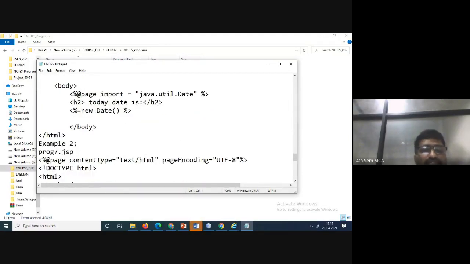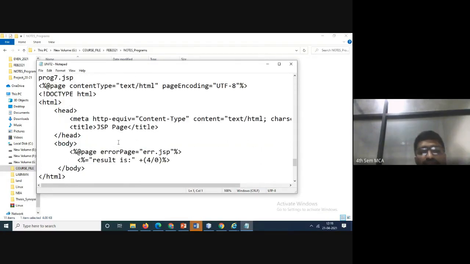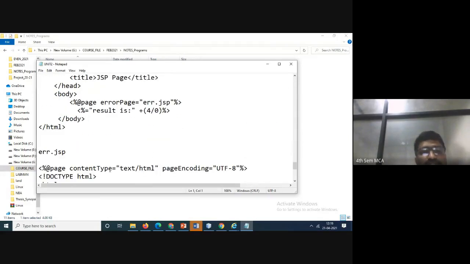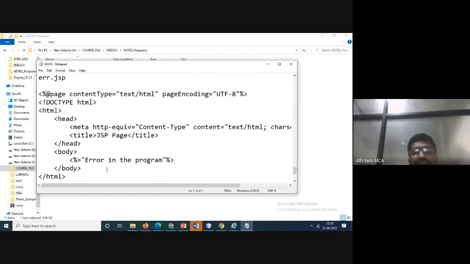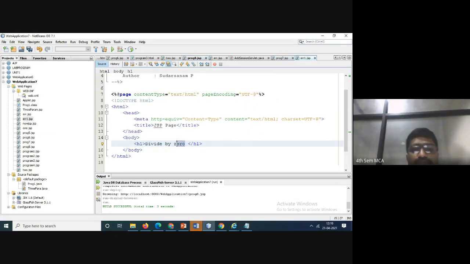Today's date I have also done. Another example is at page number 7, error divide by 0. So at page errorPage is equal to error, and this is content type, error page display. That's what I've written here: error in the program. Similar way here also you can write it, no problem. Error 1, error in the program.